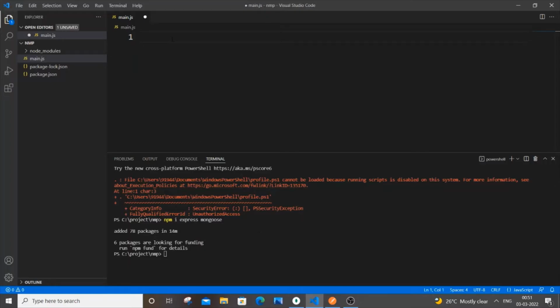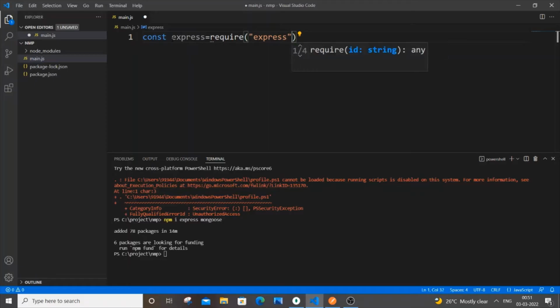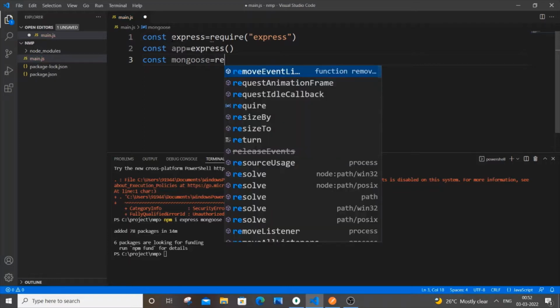So first we need to import Express and Mongoose, just default code over here. So it's going to be const express equal to require express, okay, within double quotes, and next is const app equal to express. Okay. That's it, we are done with express. Now we need to include mongoose, so it's going to be const mongoose equal to require